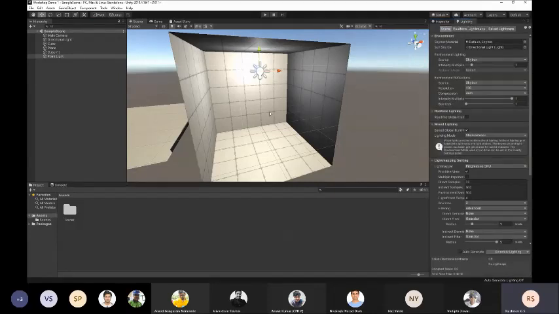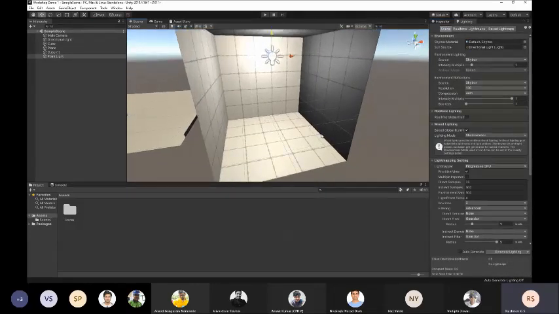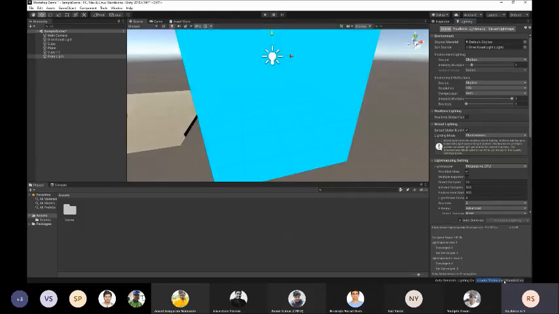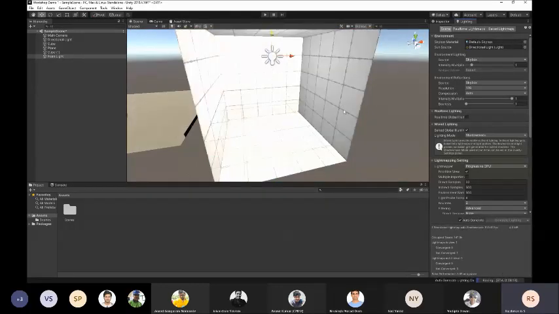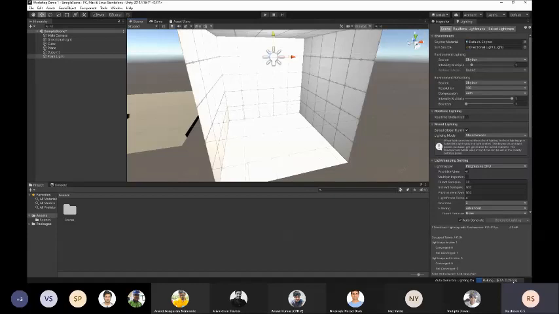Go here. Now you can see that nothing's happening. Unity is not baking the light because auto generate is currently off. So if you select auto generate, now you can see that Unity starts baking, and the progress bar is shown over here, in the bottom right corner. So you see the ETA here for the baking.